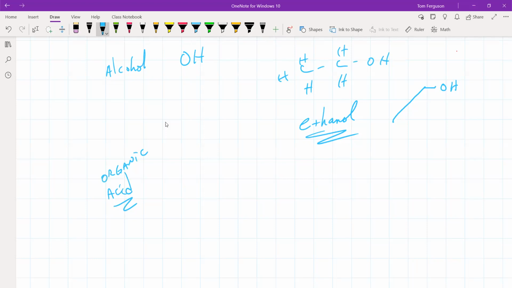Organic acid. You can look at acetic acid. Line drawing for it would be